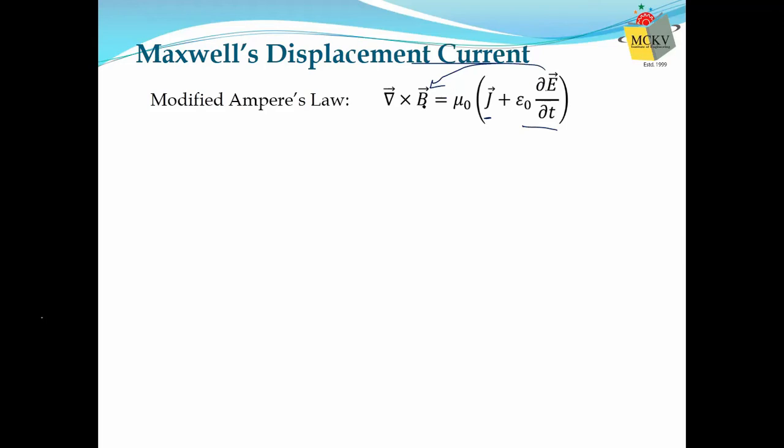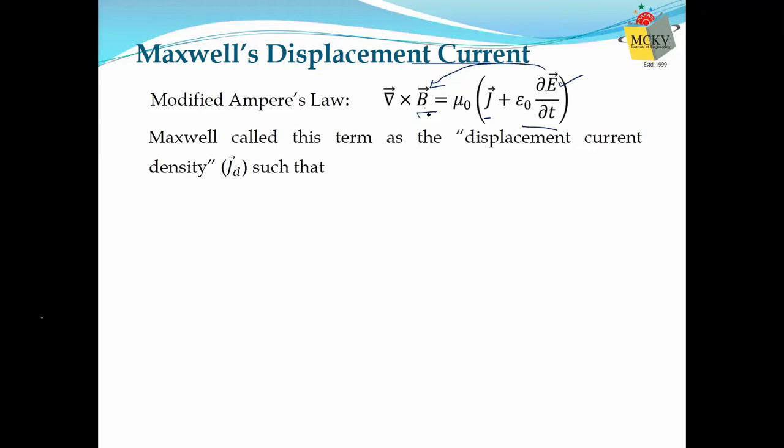So it's not that only current can produce magnetic field, but the rate of change of electric field can also produce magnetic field. We call that current displacement current. We are saying that conduction current, normal current, can produce magnetic field. If current passes through a wire, then that current can produce magnetic field. Similarly, the rate of change of electric field can also produce magnetic field, and that thing is called displacement current.